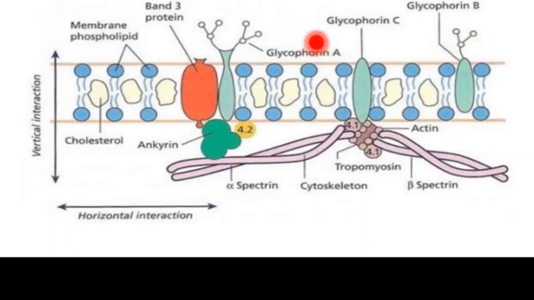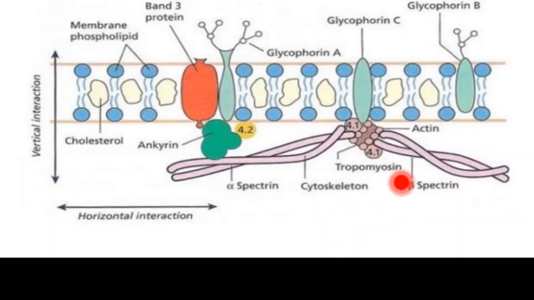So glycophorin is providing a pathway to enter into the blood. Next we come to the peripheral protein. The red blood cell peripheral protein interacts with the cytoskeleton. And what is the cytoskeleton? The cytoskeleton mainly acts as a supporting framework for the lipid bilayer. So here we discuss the peripheral proteins present in the plasma membrane.